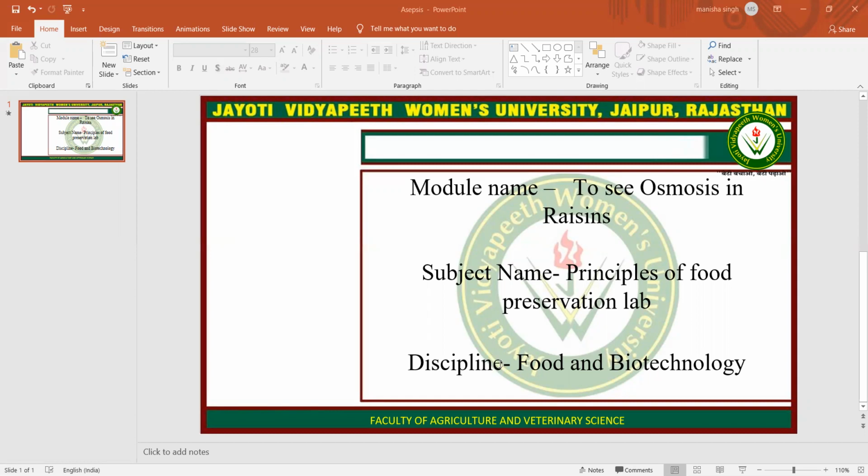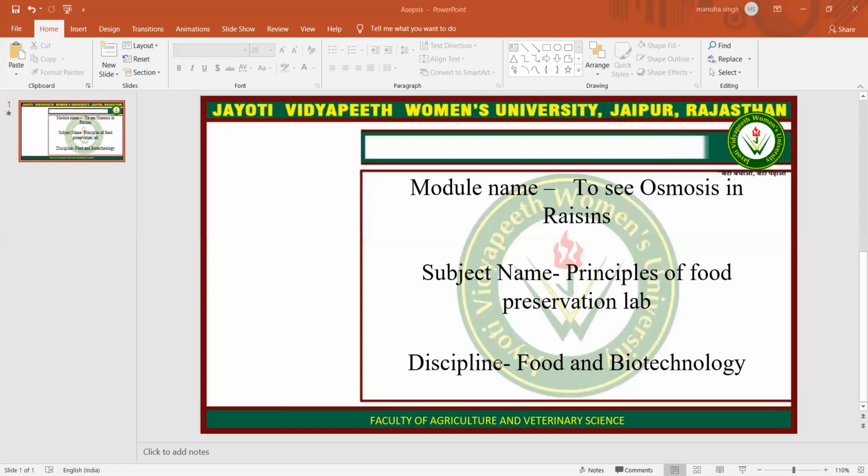Hypertonic solution: if the medium has a lower concentration of water than the cell, the cell will lose water by osmosis and become smaller in size. Such a solution is called hypertonic solution. This is exosmosis. Plasmolysis: when a cell loses water through osmosis and contracts, the contraction of the contents of the cell is away from the cell wall. This phenomenon is called plasmolysis.